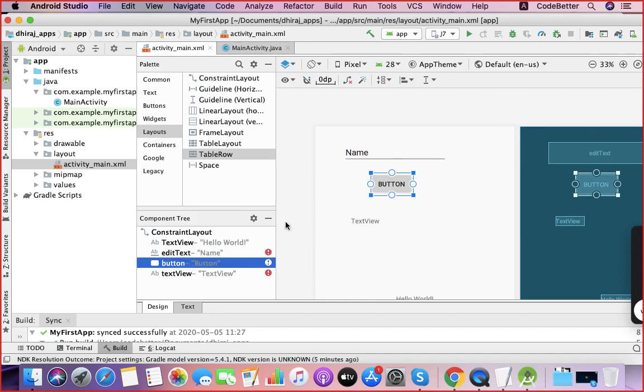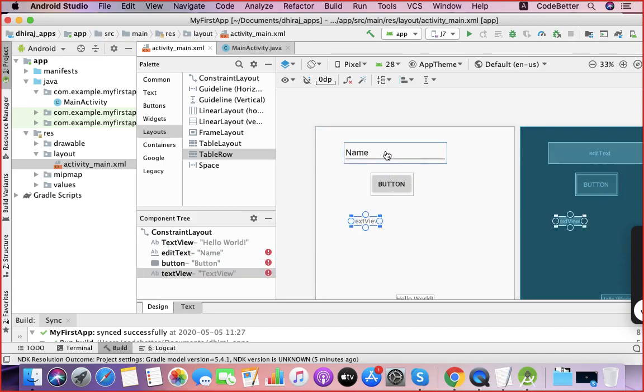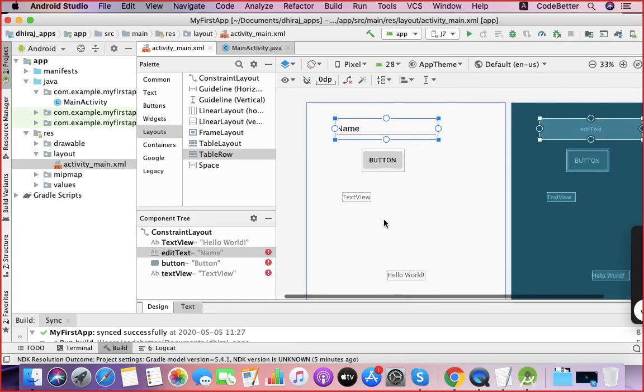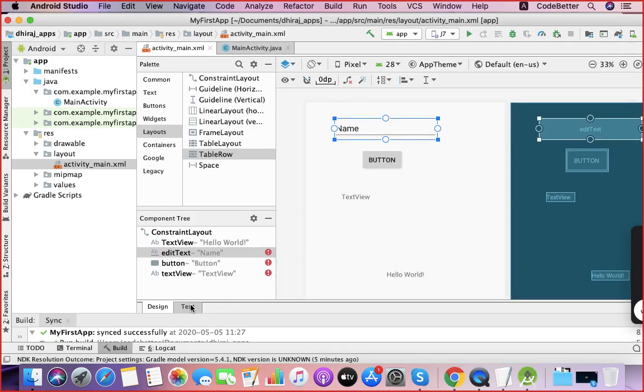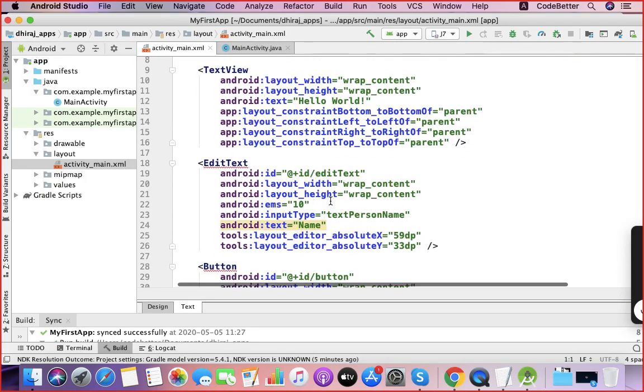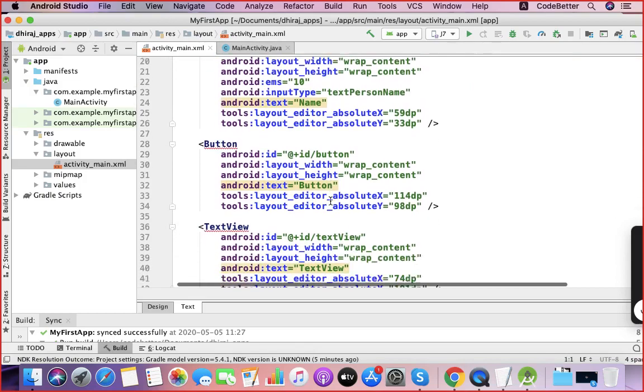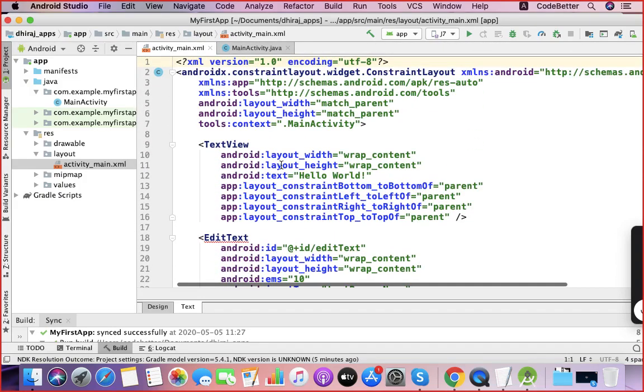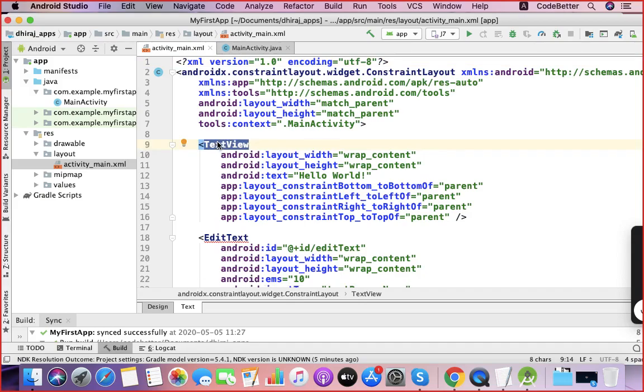Okay, so let me go to the text part. Whatever you put in the design after drag and drop is presented in the form of XML here in the text part. Everything is XML, with XML tags similar to HTML tags. This is the first text view, hello world. I can remove this if I want.